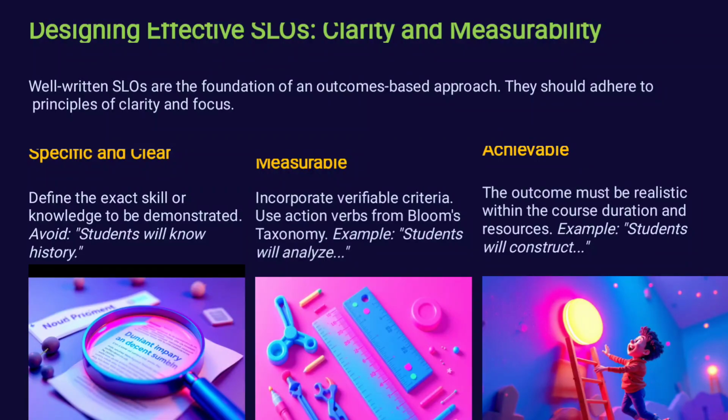The second is measurable. Incorporate verifiable criteria. Use action verbs from Bloom's taxonomy. Example: student will analyze, student will evaluate, student will create, student will solve. Reference words like these should be used when designing SLOs. And the third one is achievable. The outcome must be realistic within the course duration and resources. Example, student will construct